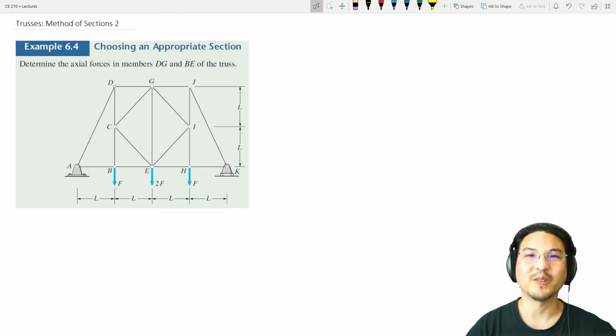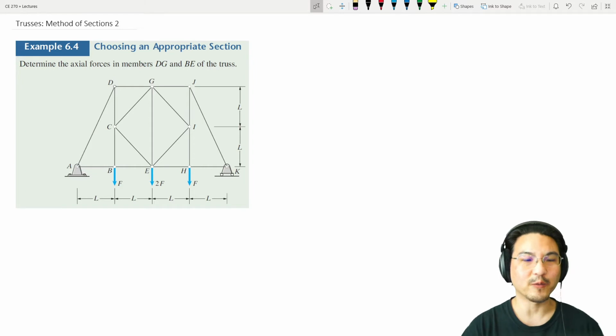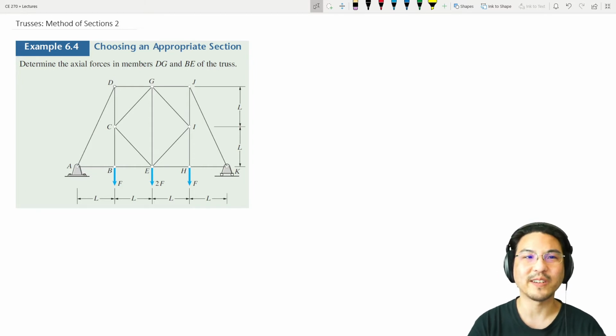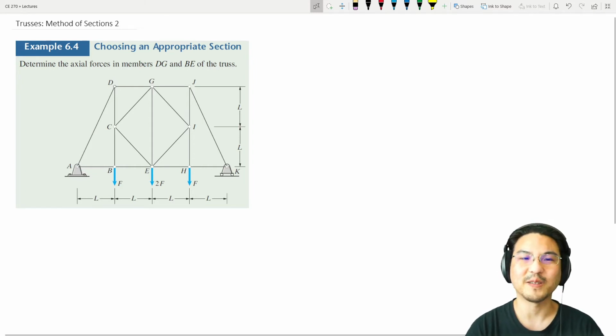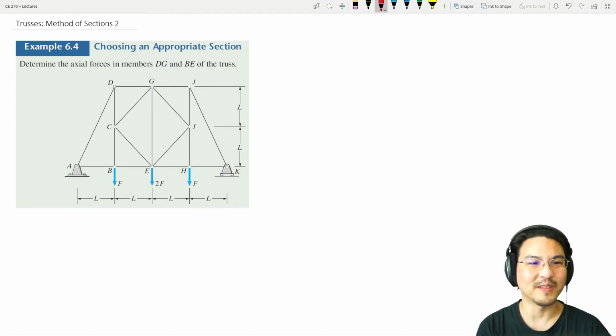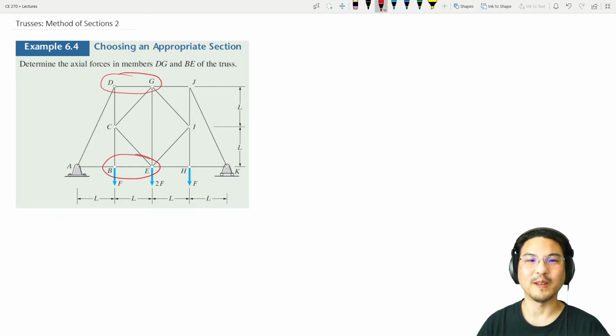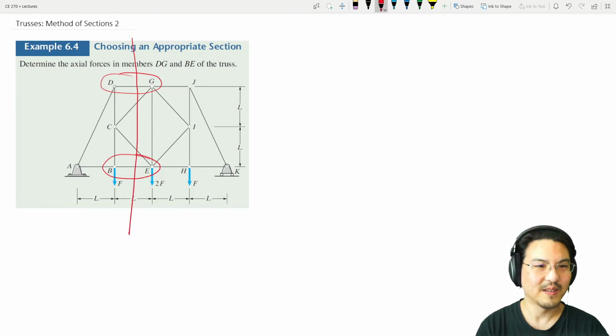Hey everybody, so continuing our analysis of trusses using the method of sections, this is a sort of tricky academic example. So here it's saying we want to figure out the axial forces here and here. And if we are, say, forced to use the method of sections, how do you cut a section through these two members? You could just go like this,